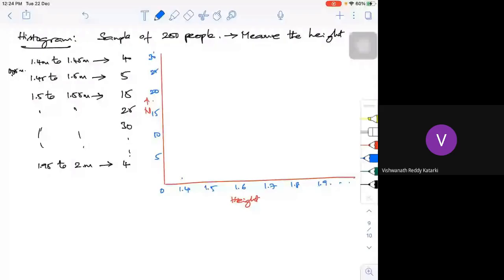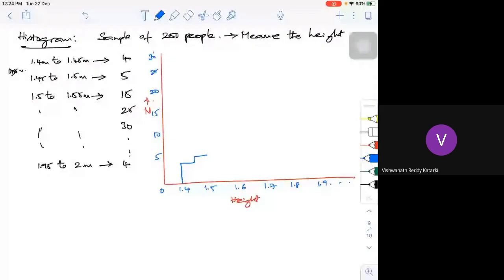So here I go, 1.4 to 1.45, then 1.45 to 1.5 with 15 people. I can plot it like this and finish off my plot. I may be getting something like this. This is what your histogram is.